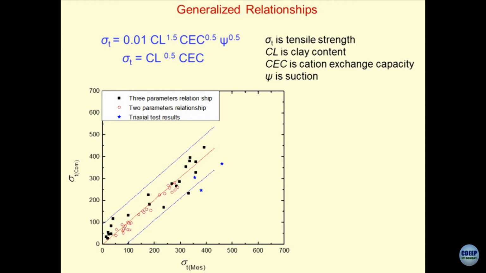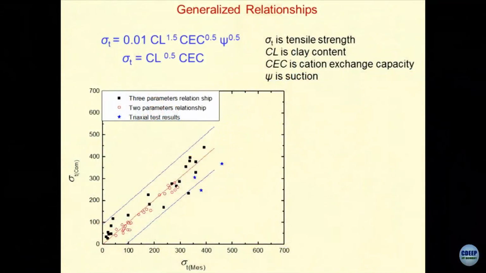A 95% confidence band is not a very poor band to convey the message that these relationships are working alright. Understand how the graph is plotted? The graph is plotted by getting the computational values of sigma t using these equations which were derived earlier. We got a particular value for sigma t from triaxial. Then for that, how do you get the y value? For the same soil. I am sure you will realize that CEC and the other parameters are associated with the soil.